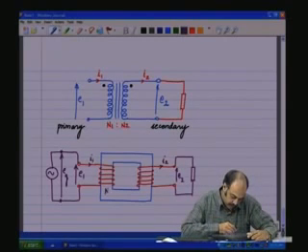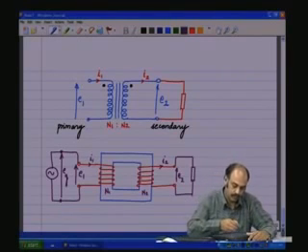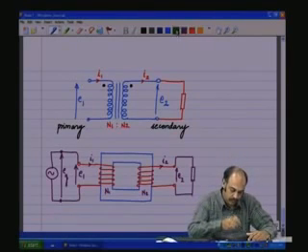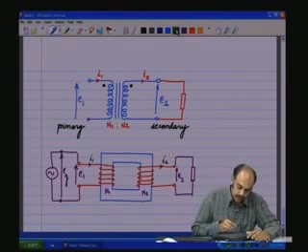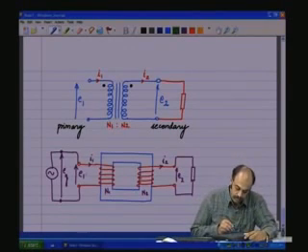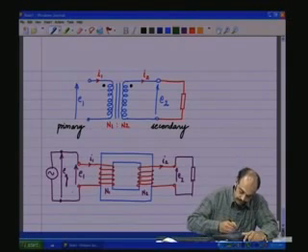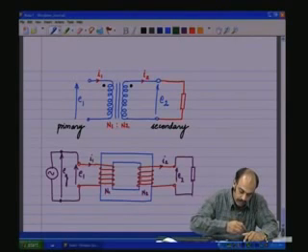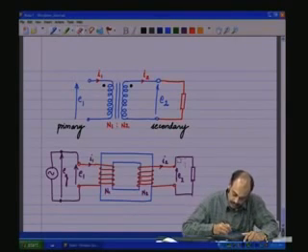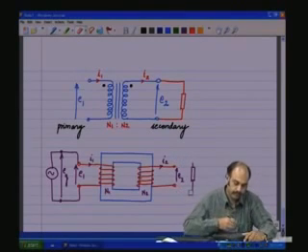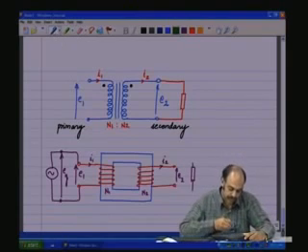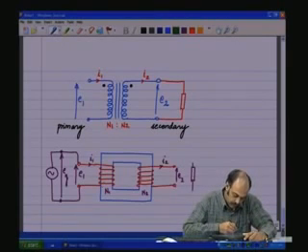This has N1 number of turns and this has N2 number of turns. So this current I1 flowing through N1, initially when the load was not there, let us say initially load was not there, this is open, which means I2 is 0. So the current flowing through N1